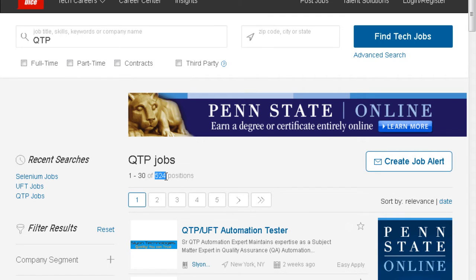If you would have searched this around 4-5 years back, then the equation used to be the other way around. Selenium used to have 500 to 600 jobs, and QTP used to have around 1100 to 1200. So the graph for Selenium is increasing, and this tool is going to stay in the market. I am very sure about it, because it's an open source tool. You don't have to pay anyone for this.